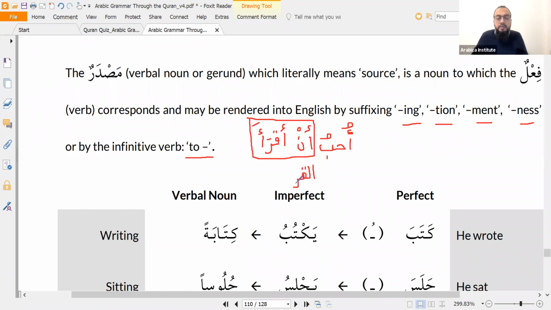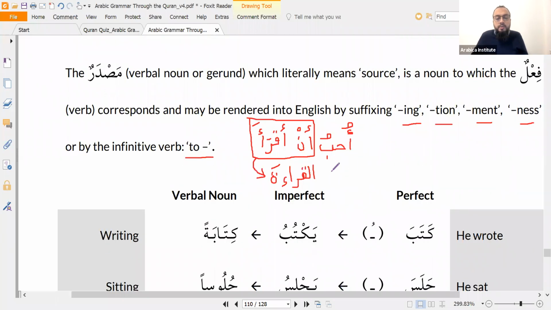أحب, the verbal noun for قرأ is قراءة, right? So you say أحب القراءة. Can you see an plus the verb? This whole sentence is in the place of the مفعول به of أحب. I like to write. This whole sentence is في محل المفعول به, in the mahal of the object of أحب. I like to write. To write is the thing that I like, you see.